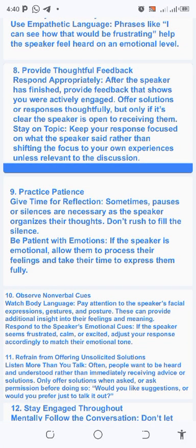Number eight, provide thoughtful feedback, respond appropriately. This shows you are an active listener. If your response is off the tangent, then it shows your listening